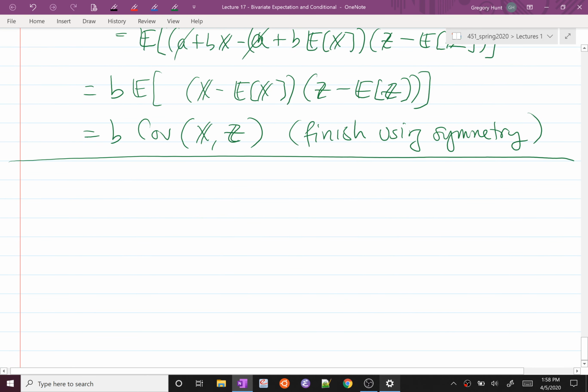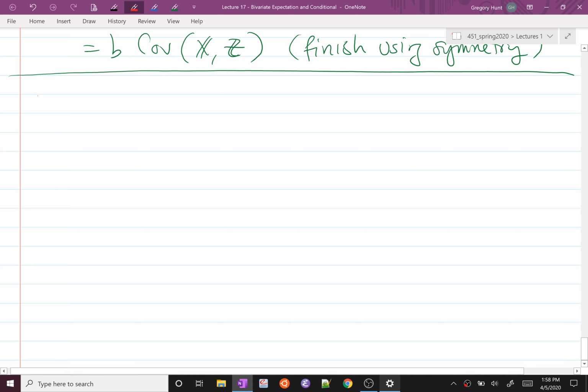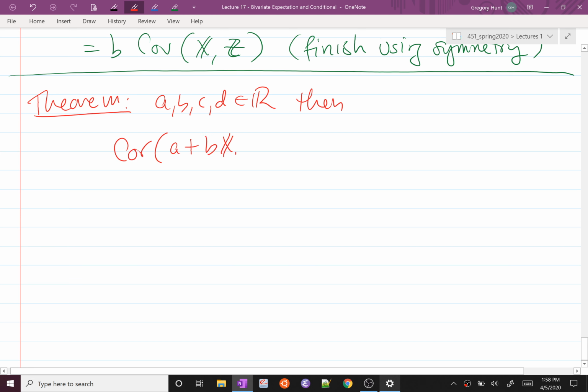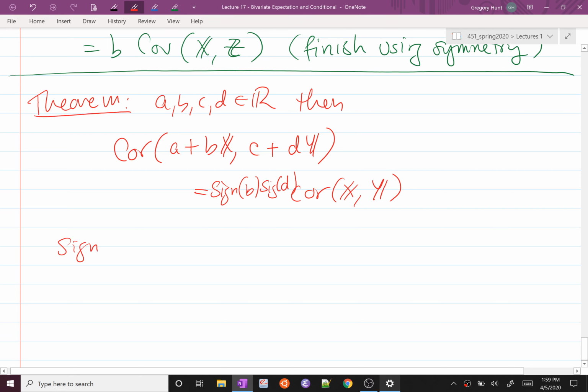The theorem for correlation is even easier. So the same theorem for correlation basically says we don't care about any of that. If A, B, C, and D are constants, then if we look at the correlation of A plus BX with C plus DY, this is almost just the correlation of X and Y. The only thing we have to multiply here is the sign of B times the sign of D. So the sign of some number,